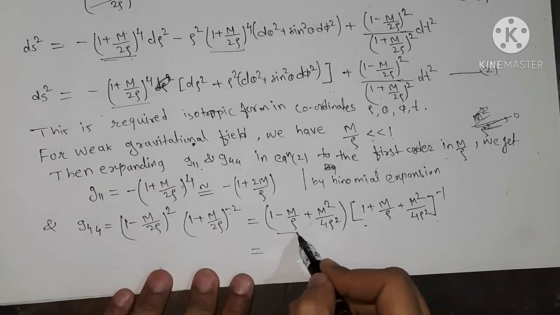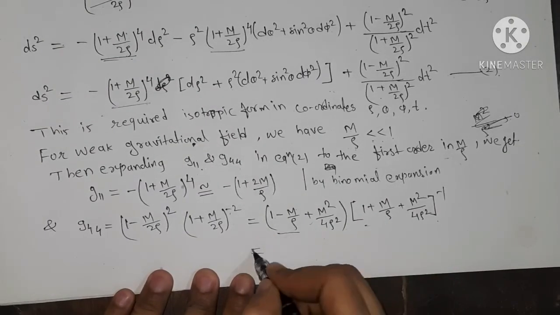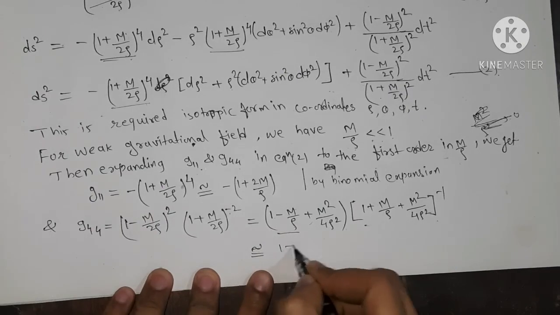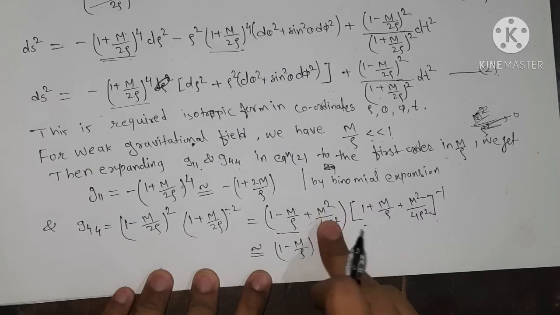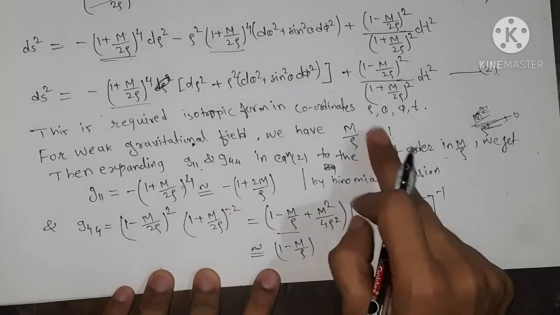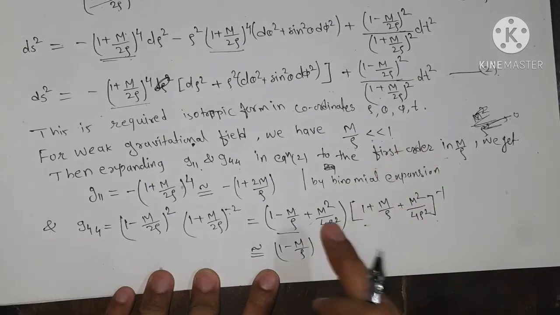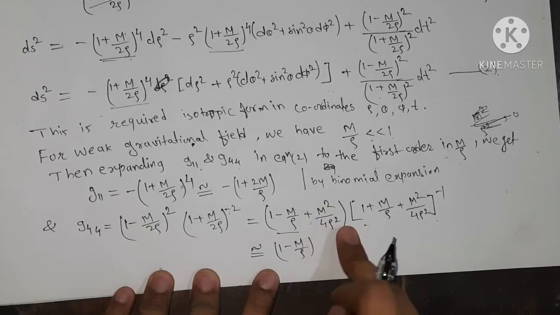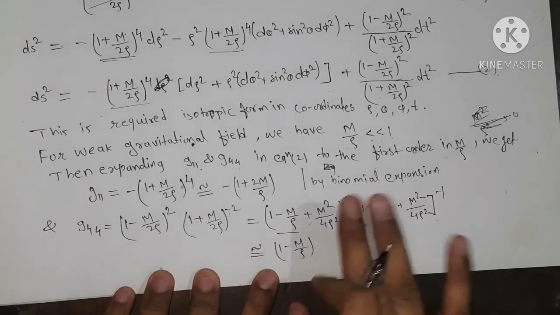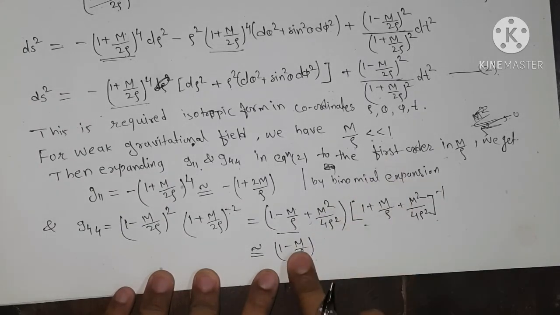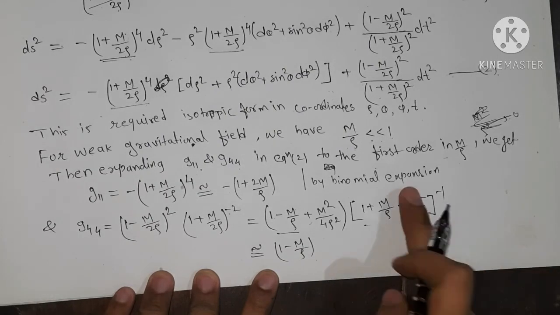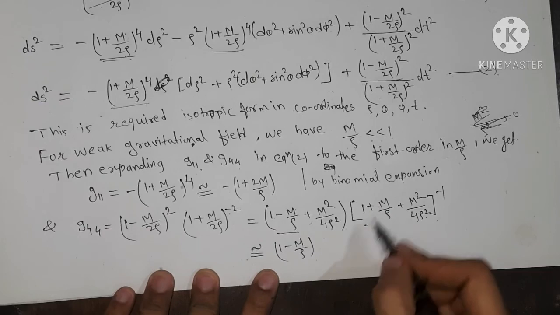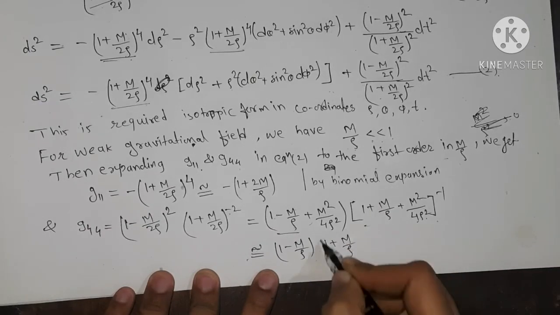Now up to first approximation, 1 minus, we write this as 1 minus m upon rho. Up to first order, the highest powers are negligible because of this gravitational field. M upon rho is very, very small compared to 1, so this power tends to 0. So m square upon 4 rho square, we are not taking this. We are taking up to the first order. And same, m square upon 4 rho square is not in our term. So this is approximately equal to 1 plus m upon rho.